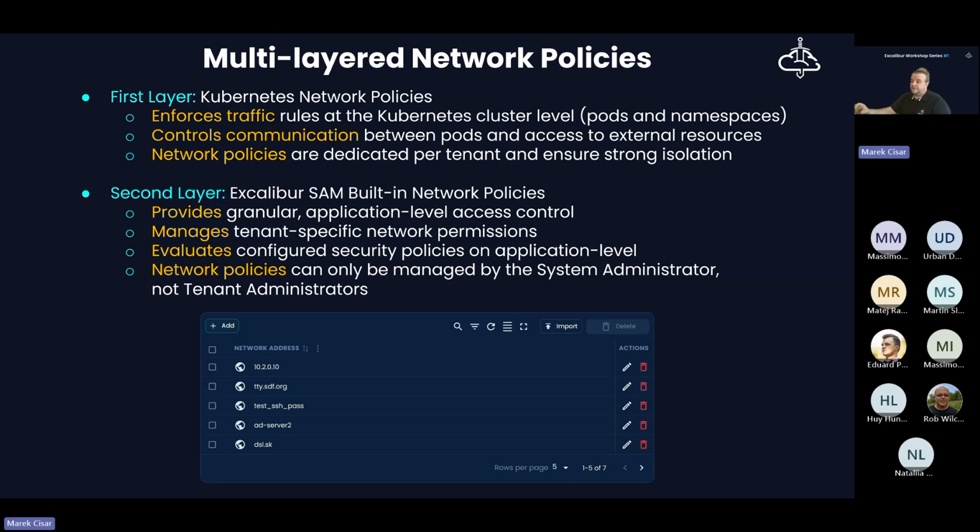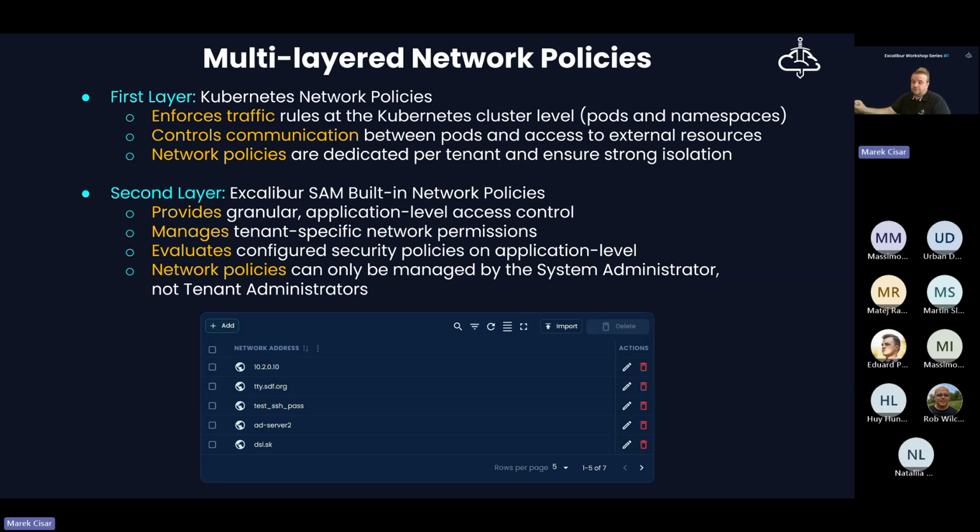If the system administrator allows only specified network segments or IP addresses, and some tenant administrator tries to create a new PAM target from a network that is not allowed, the application logic will check and notify the tenant administrator: no, you are not allowed to configure such a PAM target because it is not allowed within the network policy.